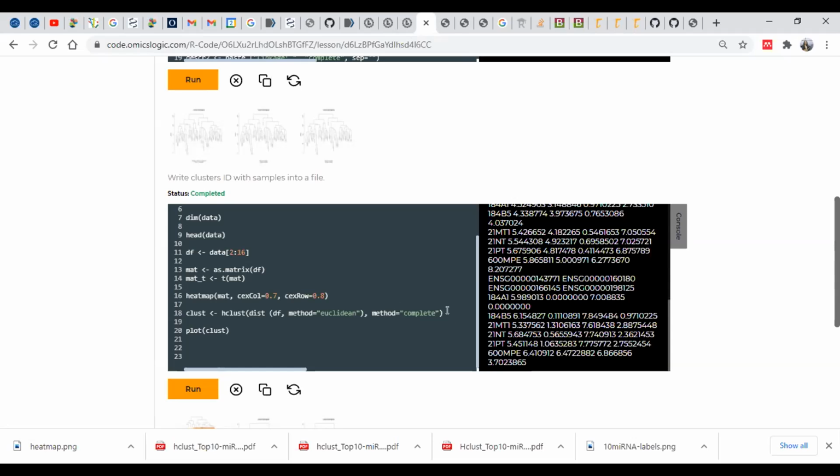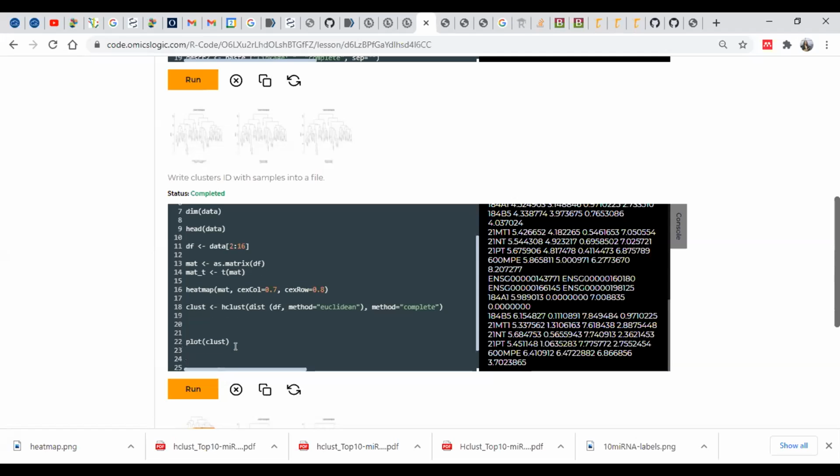So this is the complete method. Then you can actually play with these methods and generate different plots and look at the differences between them, right? So here, if you define average,